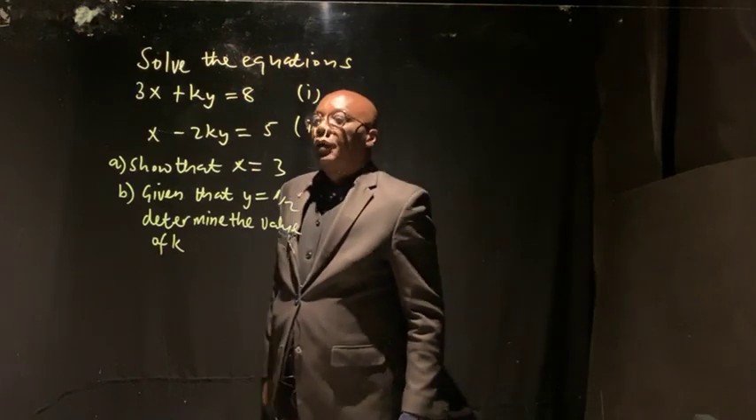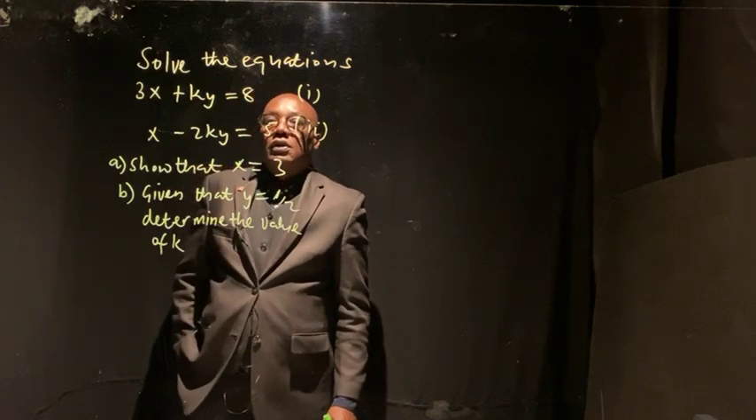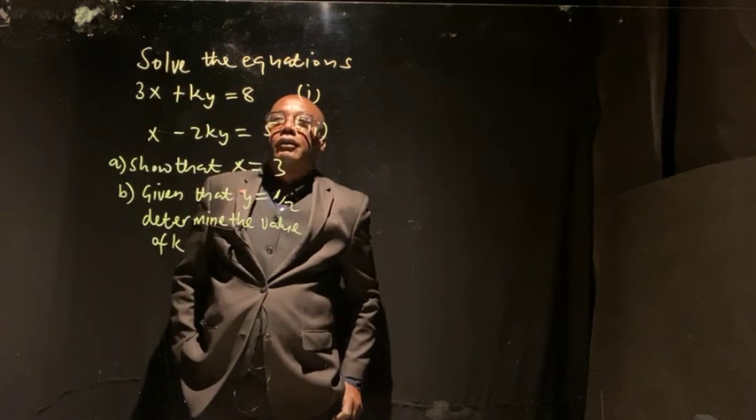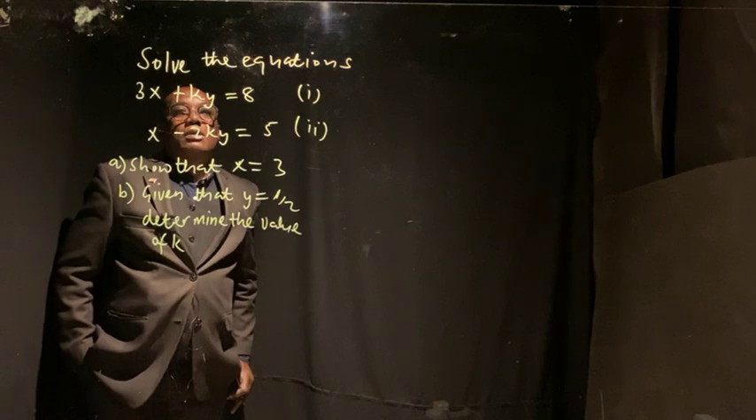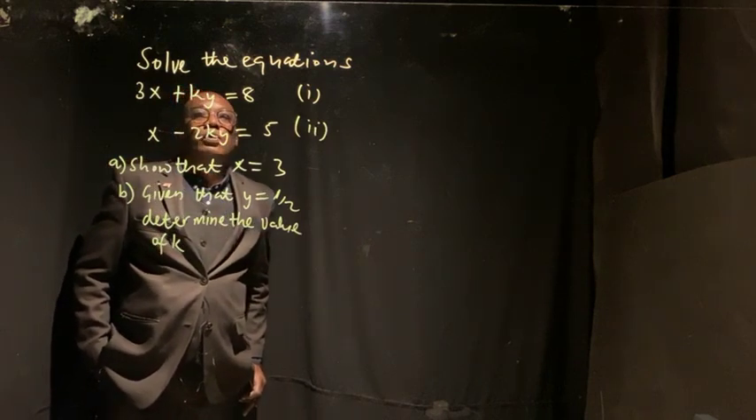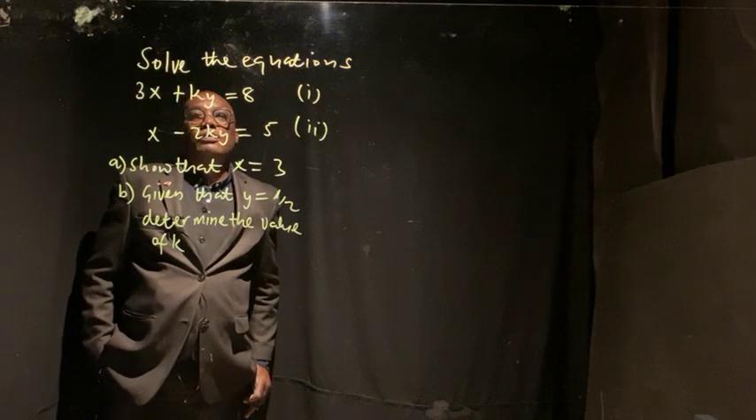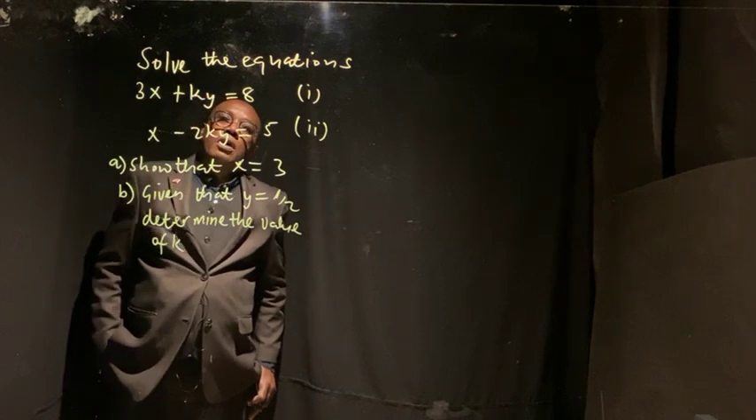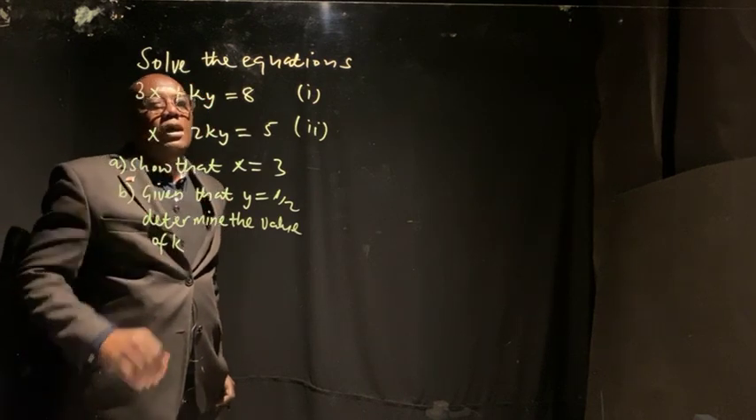Welcome back again to this additional tutorial. We are still on simultaneous equations, and this is the question set before us. It says that 3x plus ky equals 8 is equation 1, and equation 2 is x minus 2ky equals 5. The first part of the question states that with these two equations, show or prove that